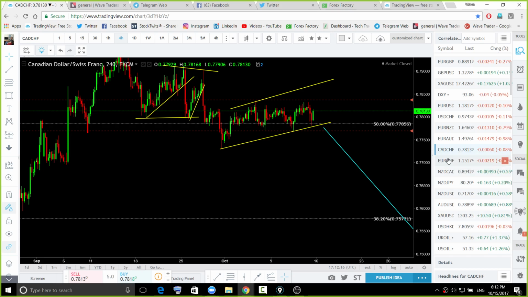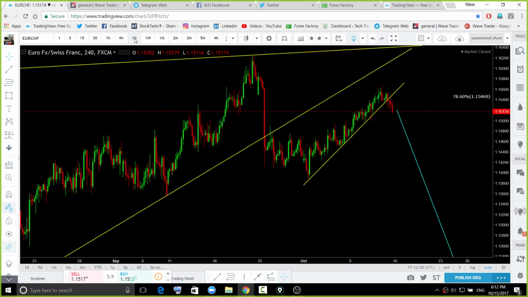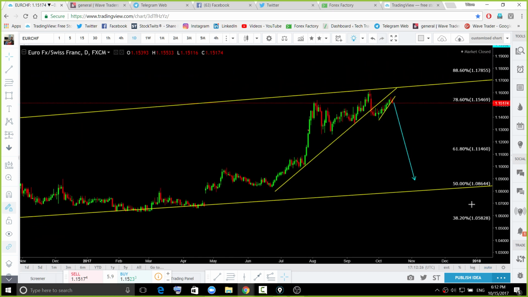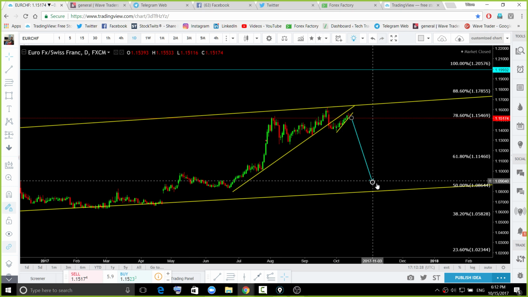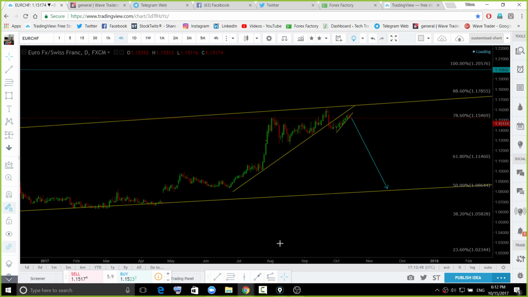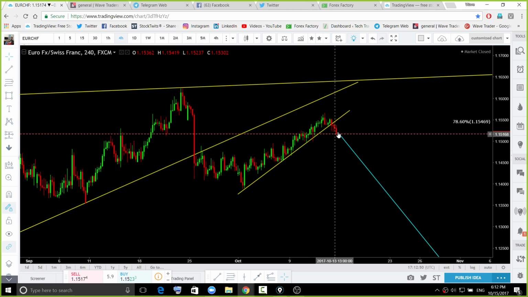Okay, so Euro chief looks like it is breaking down. So we are holding short on this pair. This is the trade we are looking for: an impulsive move, flag, similar to the euro yen. All right, so keep this pair at the top of your list. Watch this pair to continue aggressively to the downside.